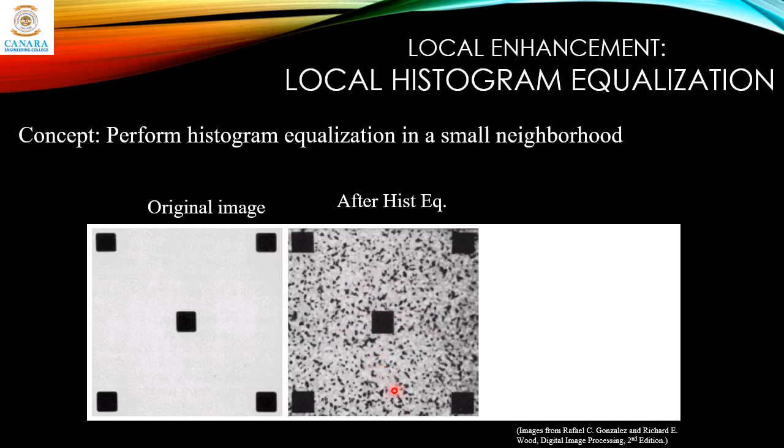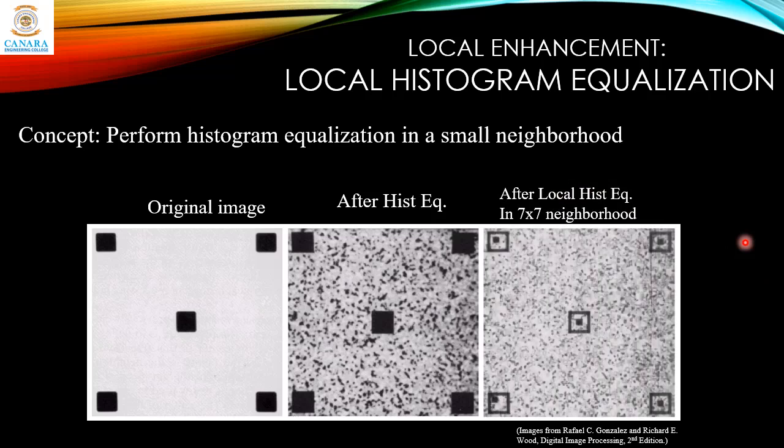We want the enhancement or histogram equalization process to render a good looking image, but here it has put something unwanted. And if you go for local histogram equalization with a 7 cross 7 neighborhood, this is the result. Still you get this graininess, but it's somewhat better than the histogram equalization. So this is a context.